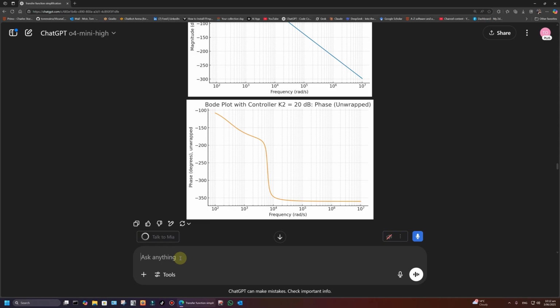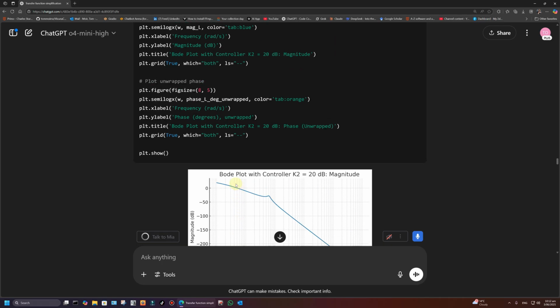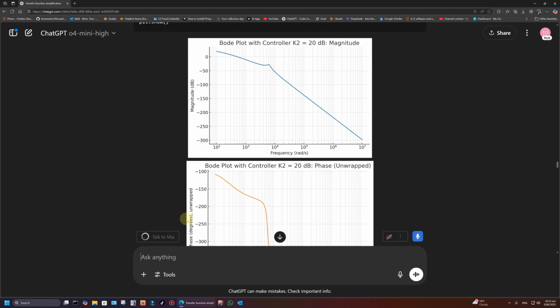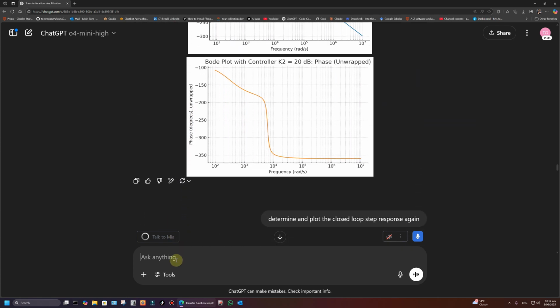So I'm just going to ask it to do this. Normally I have to tune it in, or here I'd actually be designing it from the Bode plot, so I can calculate exactly what the controller is, and I can do that if I want to. But instead I'm going to get lazy, and I'm just going to say, can it work out a controller for me? So I'm going to say,